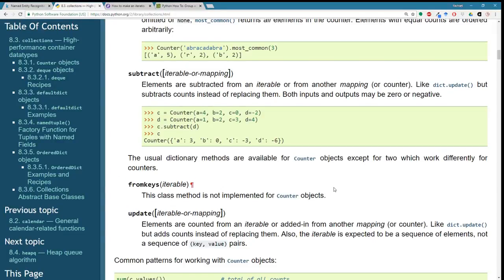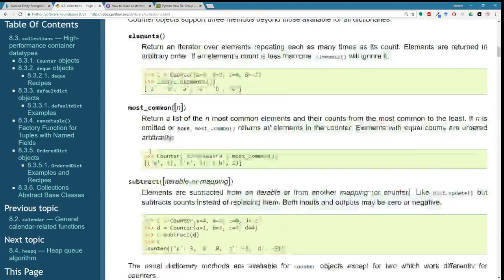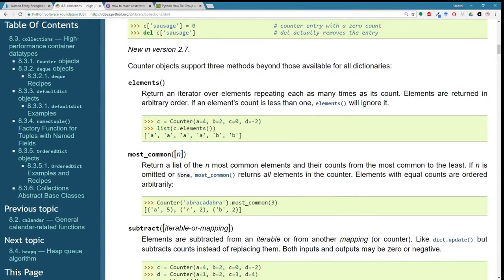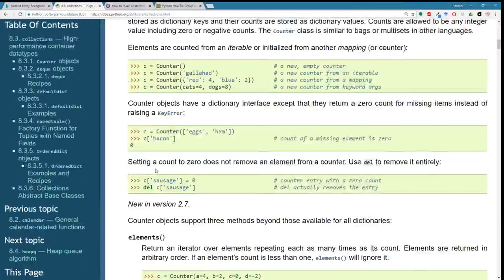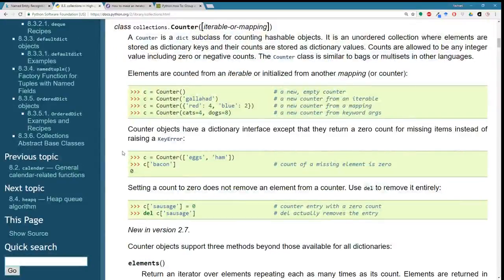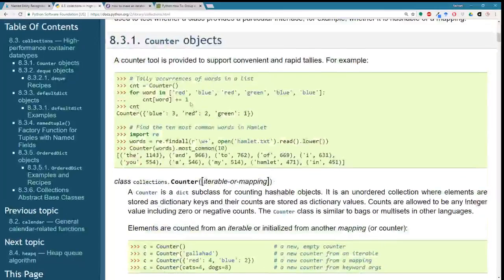Oh, well, okay, yeah, that'd do it. This class method is not implemented for counter classes. Noted. Returns an iterator over elements, repeating each one as many times as its count. Most common. Counter, new counter from a mapping, new counter from keyword arguments. Okay. So let's see. Counter to